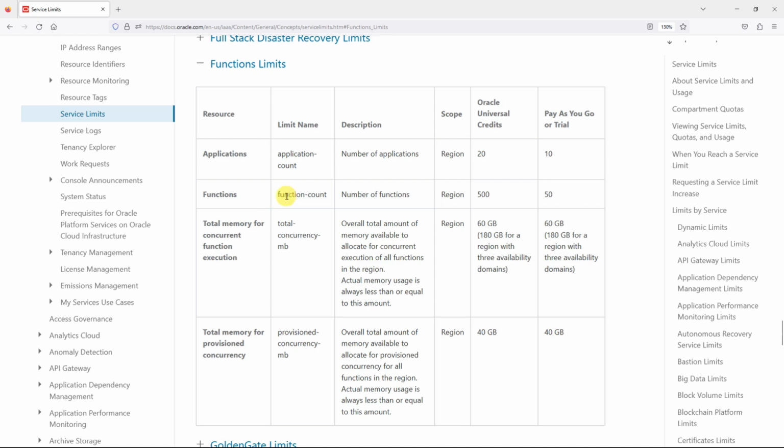Next we have the functions limit. The limit name is function-count, which indicates the number of functions you can create within a region. With Oracle Universal Credits, you can create 500 functions. For pay-as-you-go or trial accounts, it's 50 functions. Moving on, let's review the total memory for concurrent function execution. The limit name here is